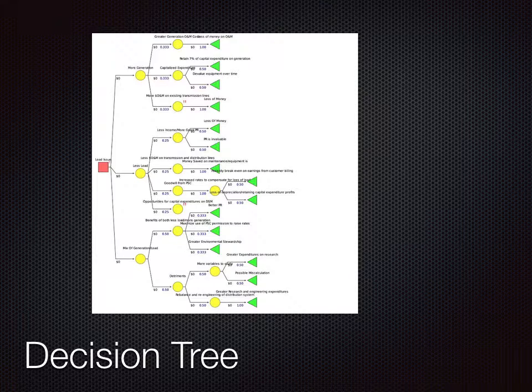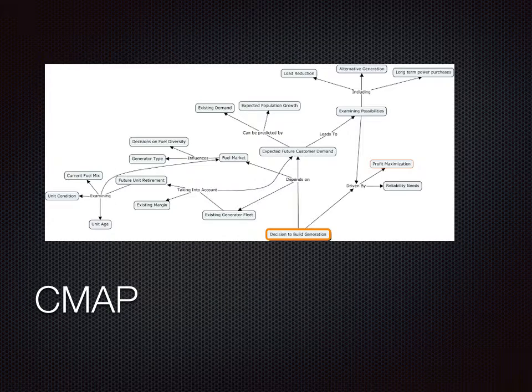In fact, if this were to represent the actual decision, it would be full of thousands of variables that would be analyzed by a real utility. However, my CMAP I was more satisfied with because it shows, in my opinion, the more recursive nature of this analysis. Again, this would be performed by multiple different departments of the utility, taking into account every single variable, including land pricing, fuel pricing, the conditions of the grid, and also the availability of long-term power contracts.